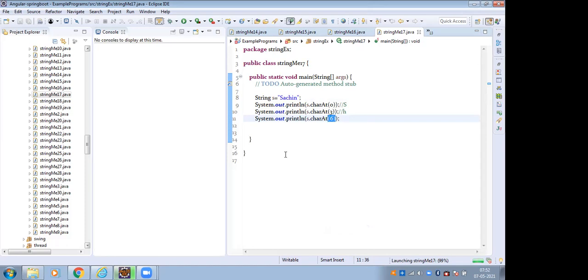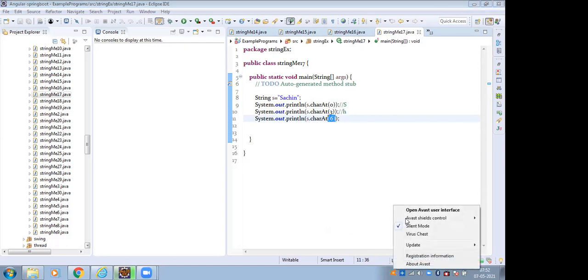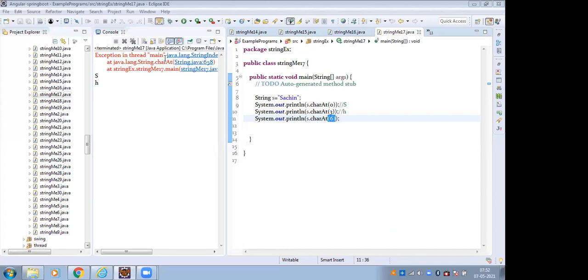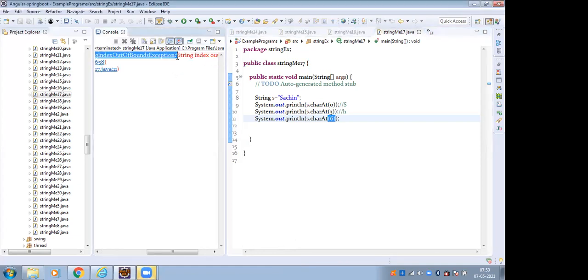See, java.lang.StringIndexOutOfBoundsException, it throws here.